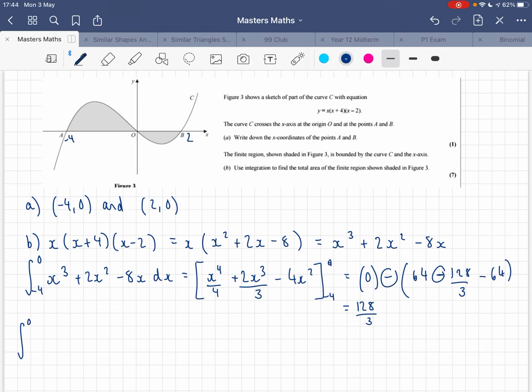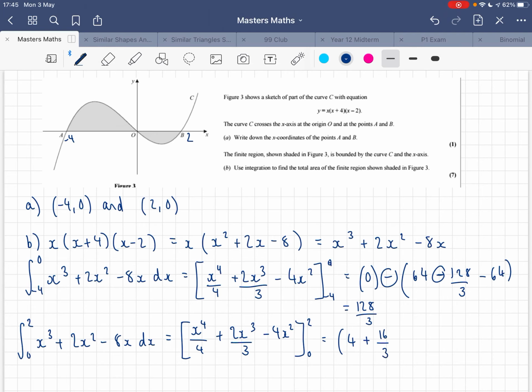If I do it again between 2 and 0, x cubed plus 2x squared minus 8x dx. Again, integrating it gives me the same thing. I get x to the power of 4 over 4, 2x cubed over 3, minus 4x squared. I'm evaluating between 2 and 0. So this time I get 2 to the power of 4 is 16, over 4 is 4, plus 16 over 3,